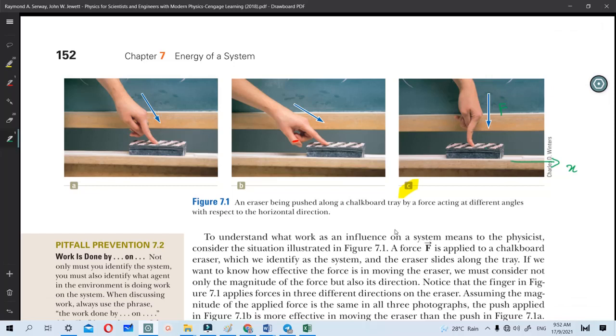So the force by your hand is from the environment and applied to the eraser, and due to that it's supposed to